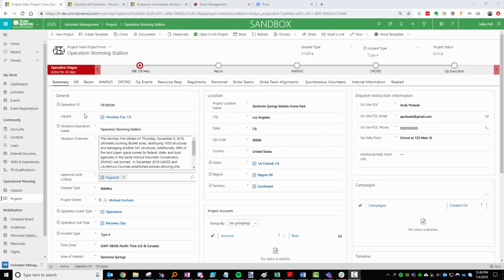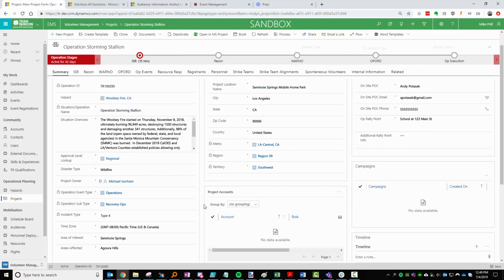As you can tell by the name, the Summary tab in the project is designed to summarize the various pieces of information that we have that don't actually fit the rest of the different categories. So most of this stuff is not mission planning, it's not mobilization, it's not day-to-day. It's things that we just basically need to put somewhere, in addition to stats and a couple other things that